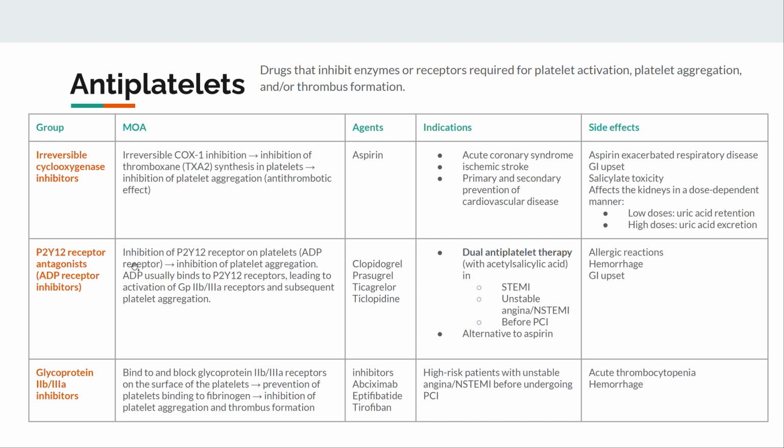The P2Y12 receptor antagonists, or ADP receptor antagonists, are things like clopidogrel, prasugrel, and ticagrelor. They all have different use cases, right? And some of them are prodrugs and others aren't. We won't talk about that here, but basically clopidogrel is very widely used and it's actually got a better risk-benefit profile than aspirin. So these days there's dual antiplatelet therapy followed by lifelong monotherapy, which